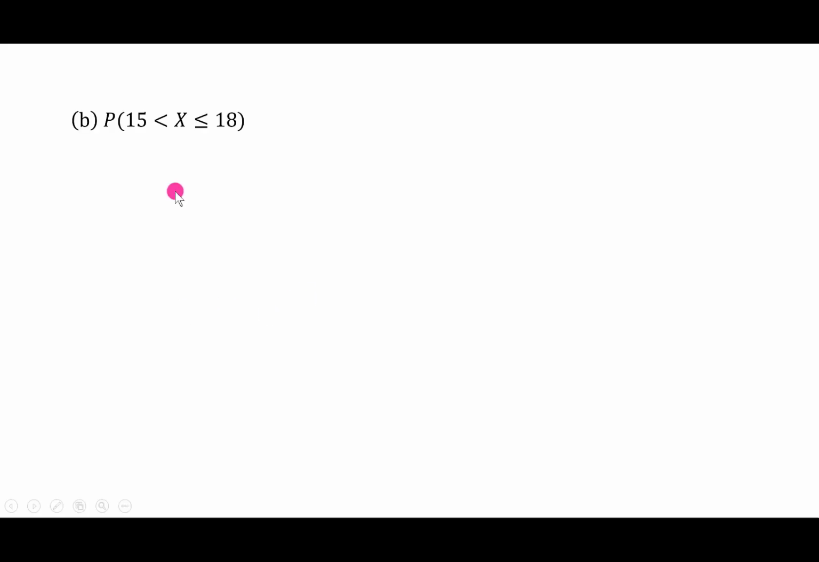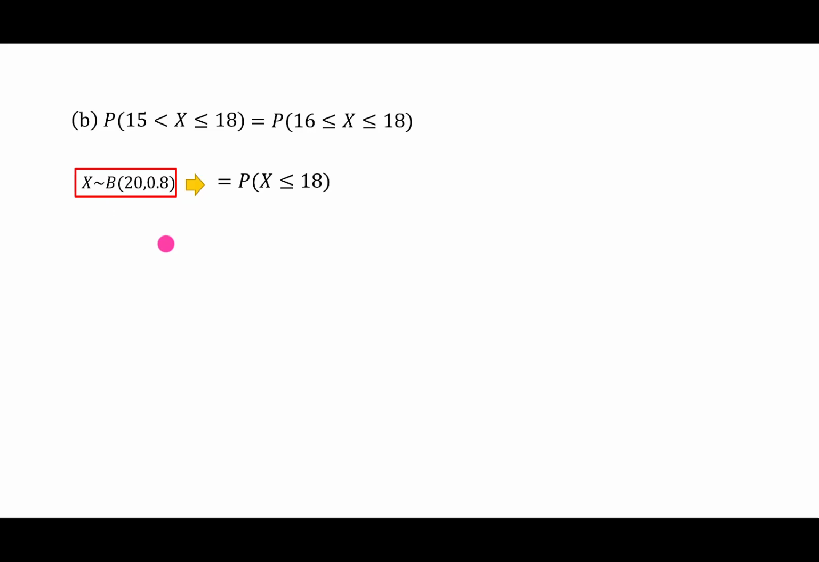For question B, the probability is from 15 excluded until 18 included. So before we change into variable Y, we have to make sure the notation is with equal. So we have to write it as 16 until 18. For the X variable, we can find it from probability X less than or equal to 18 minus probability X less than or equal to 15, because we want the probability from